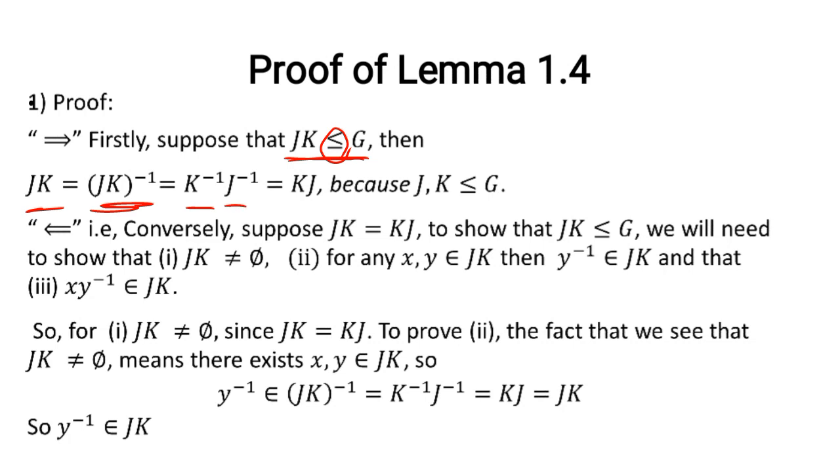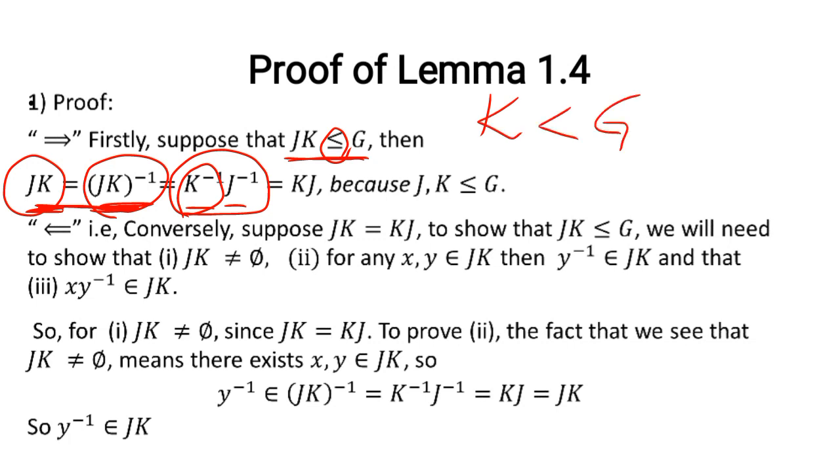It's one of the theorems, so you will know that in time. But this is the rule that once you have this, because it's a subgroup, it will satisfy this, it will be the same as this. We know that this is the same as this by one of the theorems or lemmas you will learn later. And because K was a subgroup of G, and J was also a subgroup of G,